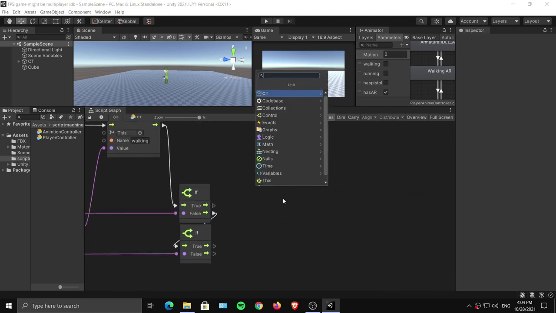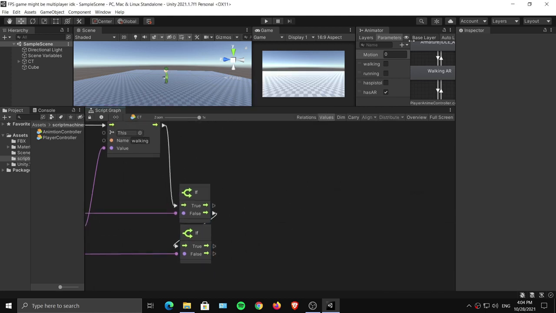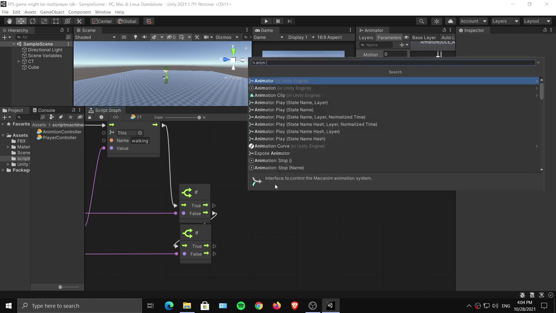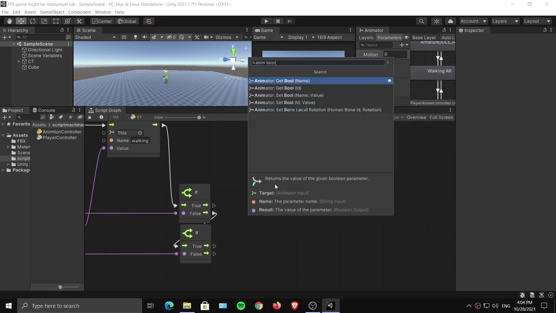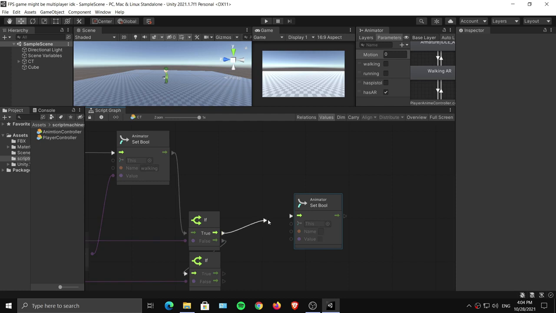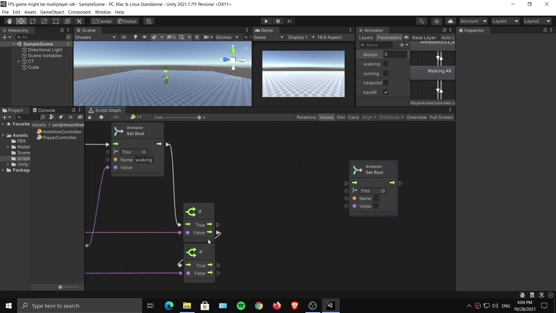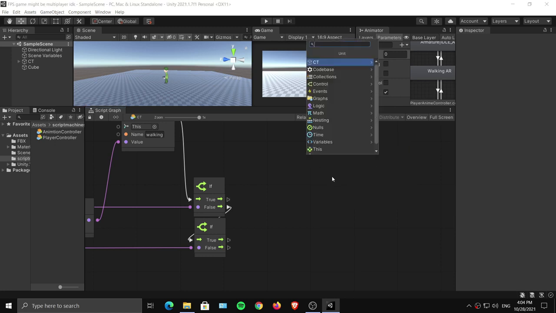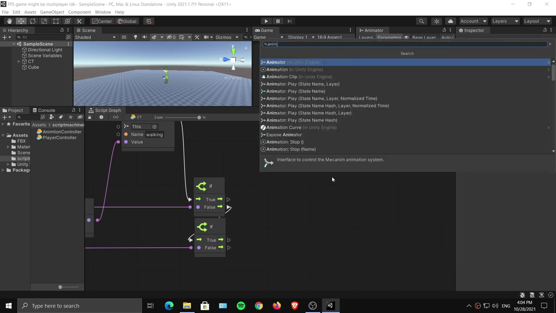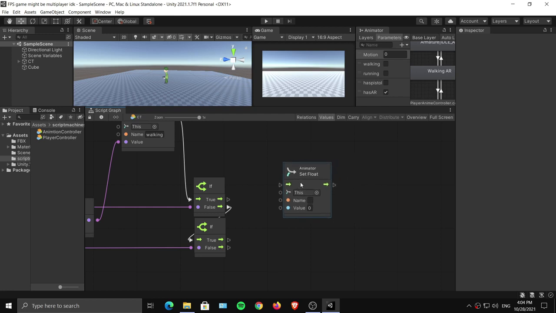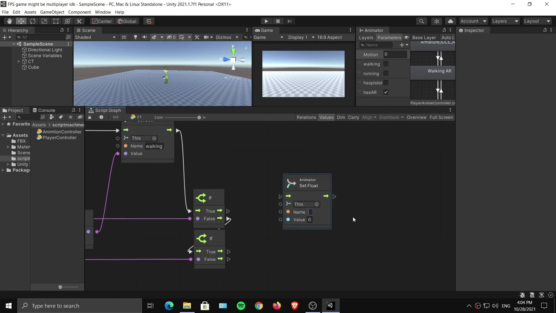Now let us add this motion boolean. So just type in ANIM and then type in bool. So we need to select this name and value, plug this true over there. Now we need to combine both these inputs, and then we will do that. Wait a minute, sorry, not a boolean, but we actually need a float, name and value. The name is motion